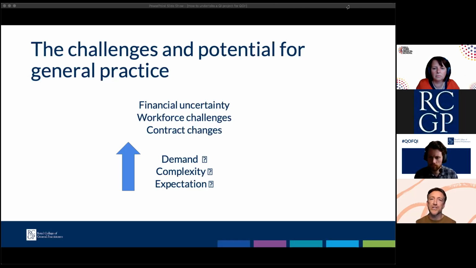So we recognise that there's lots of issues making it difficult to deliver improvement, and I've mentioned a few, but there's also demands from other NHS services and NHS agencies. We often find there's a lack of protected time to spend really concentrating on improvement, and I suppose the new QOF QI domains will to some degree allow for that. And there's also a wide range of improvement capability within practices and between practices. So, you know, I would say that we cannot ignore